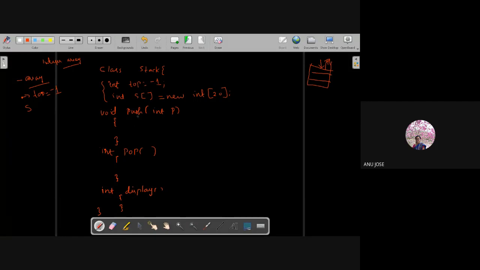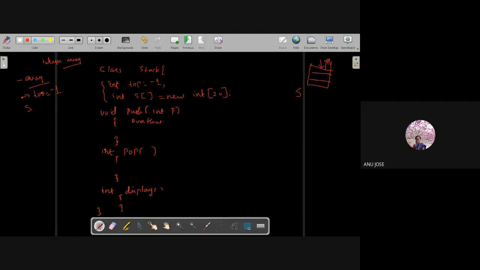Tell me what code I should write inside the push operation. Check overflow, then S plus plus. Done. Before pushing into the stack, you have to check whether the stack is already full or not. If the stack is full, you can't push one more item. So you need to check whether there is overflow.